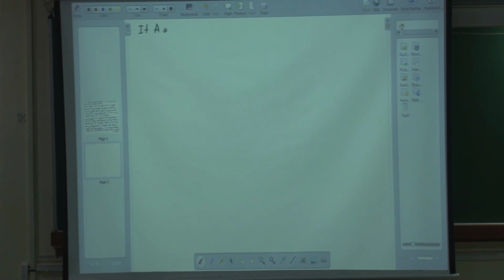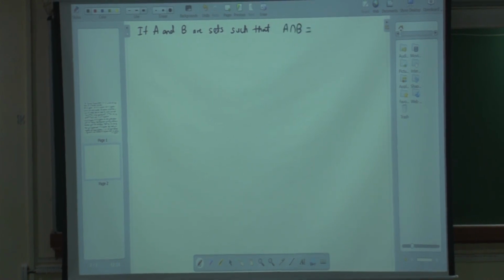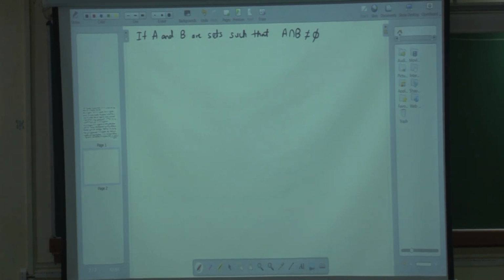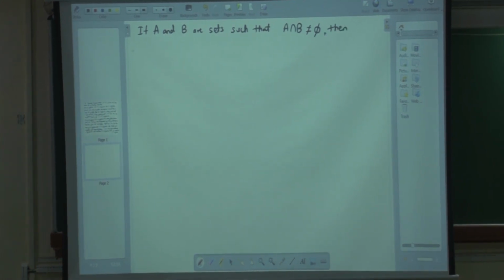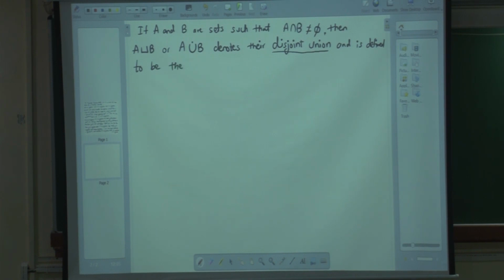If A and B are sets such that A intersection B is non-empty, then there are different notations, so A square bracket B, or this notation, denotes their disjoint union and is defined to be the set